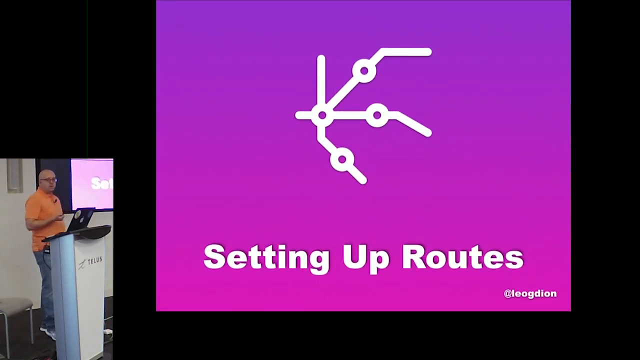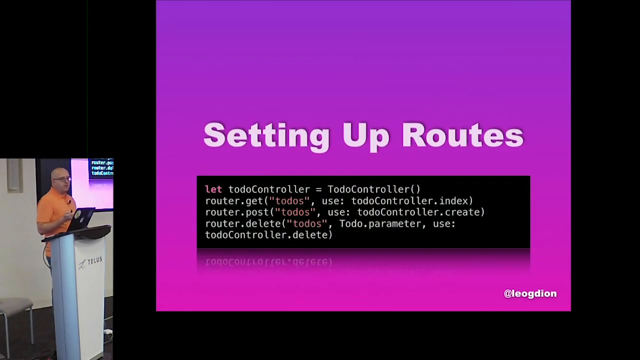So let's talk about setting up a route. So here's an example of a piece of code in routes.swift. So we instantiate our controller, and then we set up the get call for our to-dos, so basically listing out our to-do items. We set up our post to create our to-do items. And then we have a delete here, which you'll notice takes in a